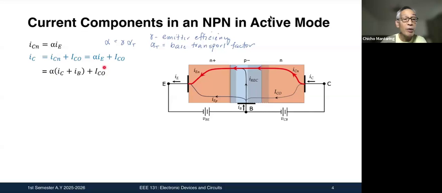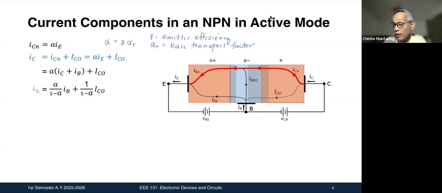But wait a minute, no? I have IC on the left side, and I also have IC on the right side, no? I want an expression for IC only in terms of alpha, IB, and ICO. So if I manipulate this equation, this is what is going to come out. IC is equal to alpha over 1 minus alpha IB plus 1 over 1 minus alpha